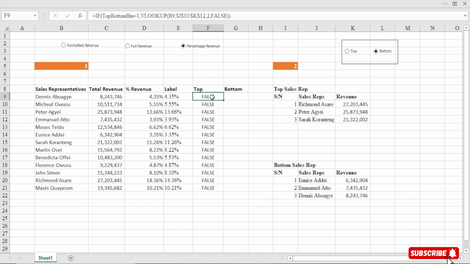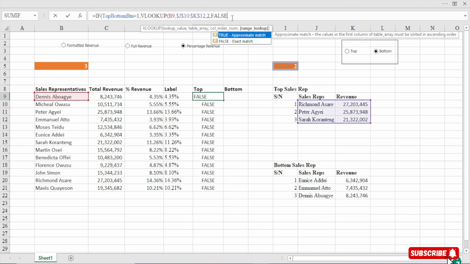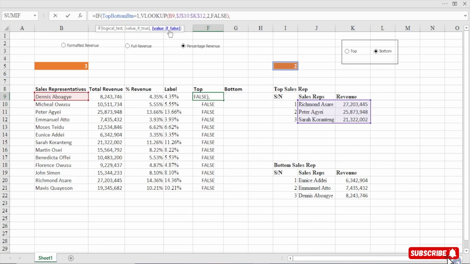Now instead of seeing false, let's edit the formula. Now you see we have the exact match, that's false, comma. Now we can close the VLOOKUP function, and when you hit comma, we are now on the IF function, value if false. If it is not equal to 1, then we want blank instead of saying false. So when you hit enter, you see now